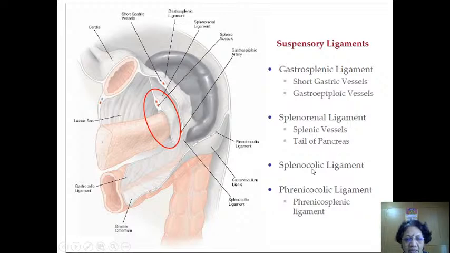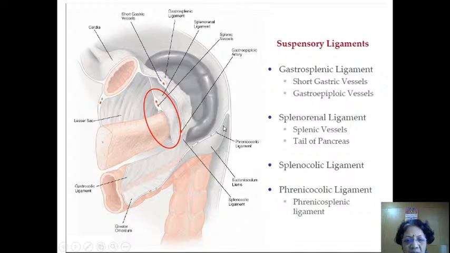Then you have the splenicocolic ligament, sustentaculum lienis, which is nothing but a fold of peritoneum attaching to the parietal peritoneum of the left dome of the diaphragm. This is not the best way. This is a wrong name. Okay, splenocolic ligament is nothing but a fold of peritoneum between the mesocolon of the transverse colon and the bottom of the hilum of the spleen, and the phrenicocolic ligament